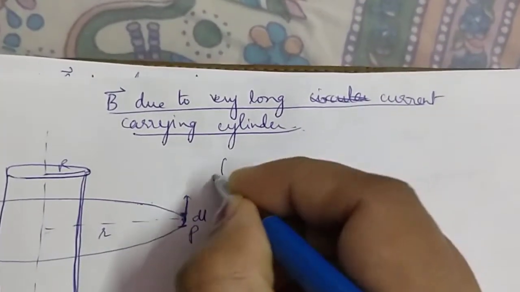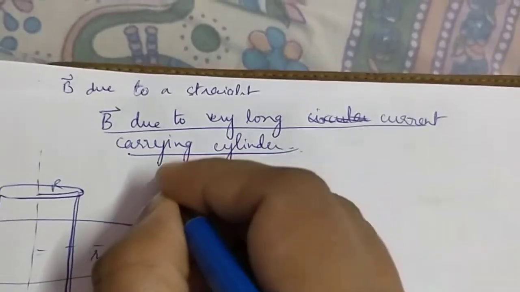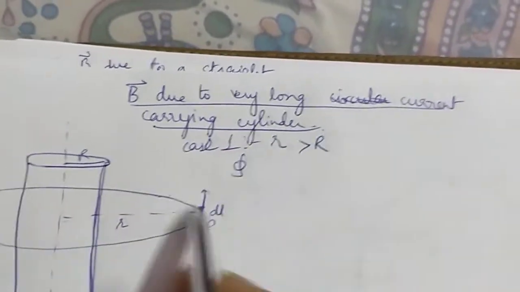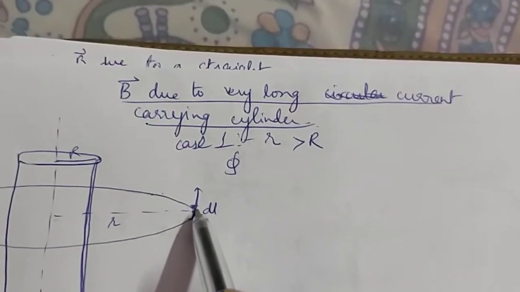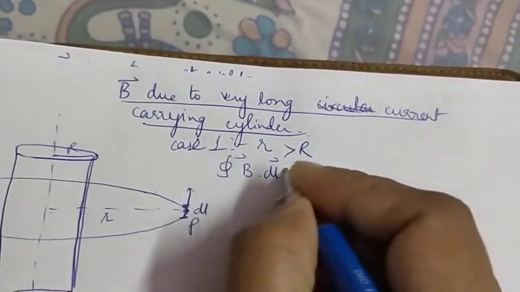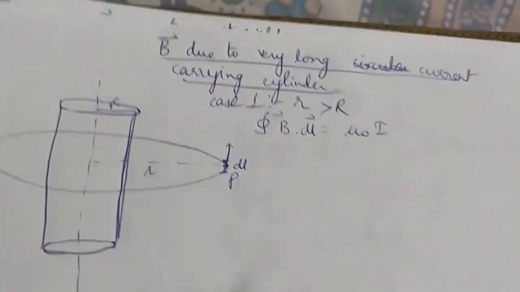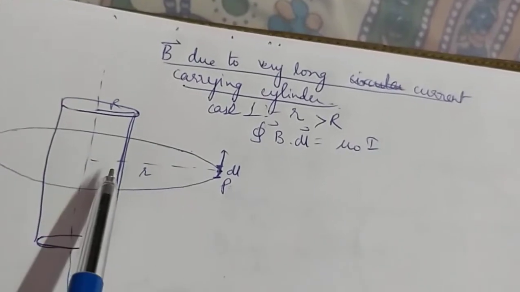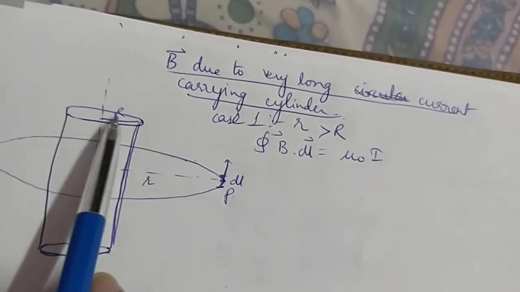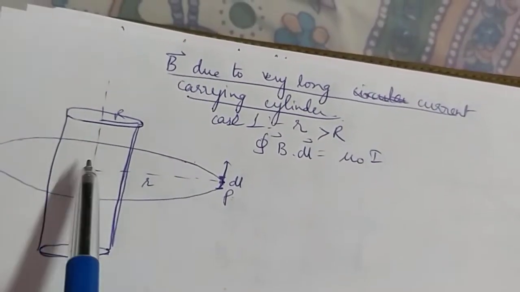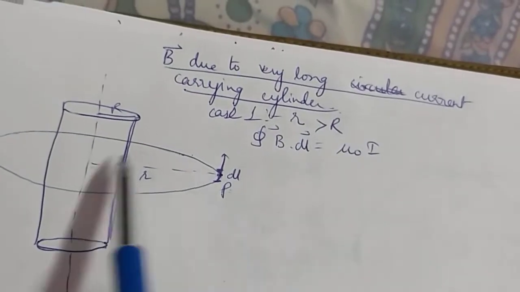So integral, according to Ampere circuit law, this is case 1. Okay, case 1. My small r is greater than capital R, so this loop is outside. My point P is outside this loop. I have to find magnetic field at point P. So integral B dot dl is equal to mu naught I, where I is the current threading inside, so I is the current in this. Now this condition, when r is greater than capital R, the expression which we will get will be same for hollow cylinder and solid cylinder. Okay, why? Because whether it is hollow or solid, it is inside this Amperian loop, so the current is same. Entire current, whether it is solid or hollow, will come in this because it is inside this Amperian loop.